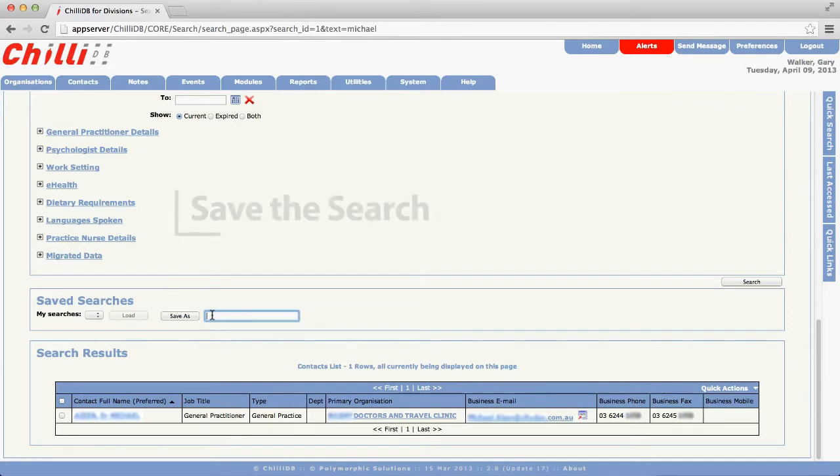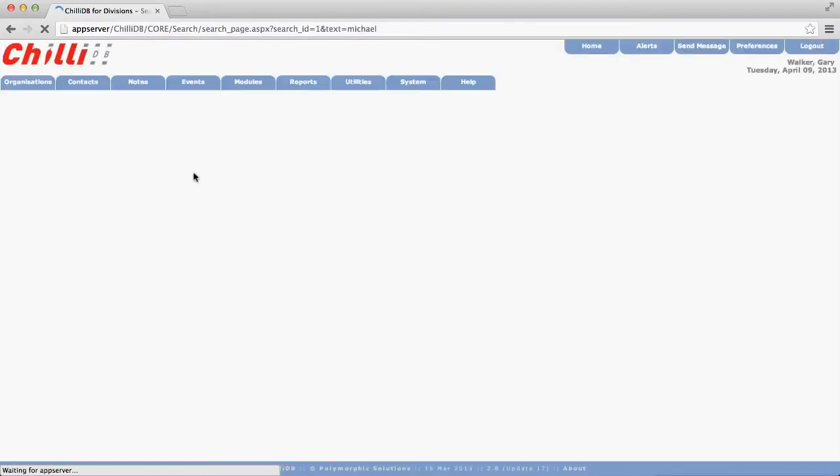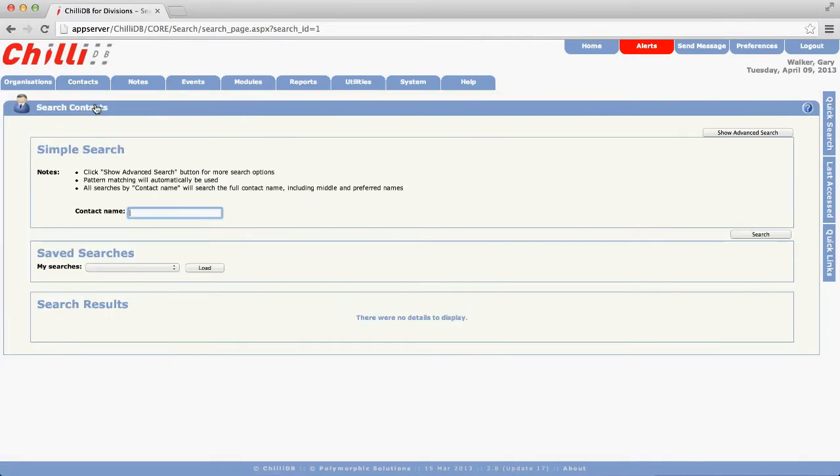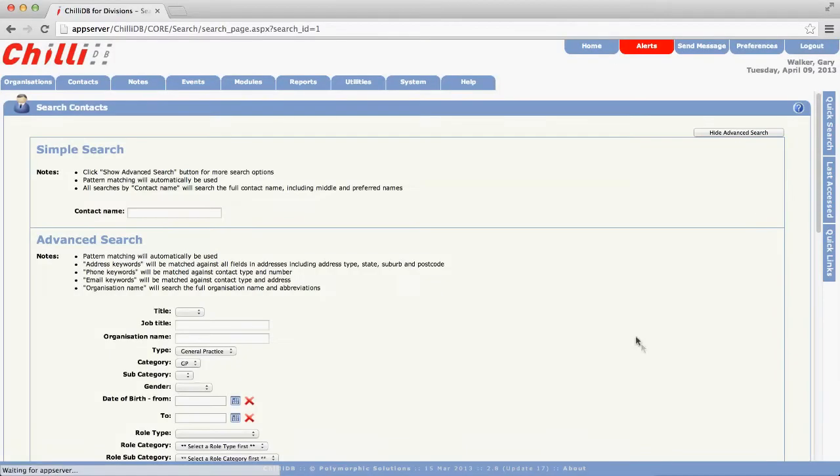What I can do is I can save this search and give it a name. So now next time I want to run this search, I can come back into the search, I can pop down this saved search result, and it's not saving the actual records, it's just saving the criteria. I hit load to load the criteria,